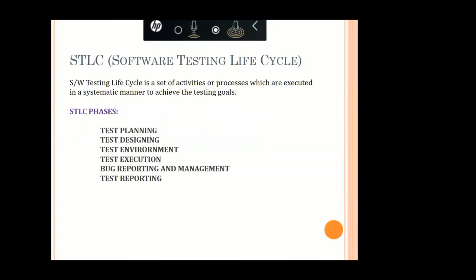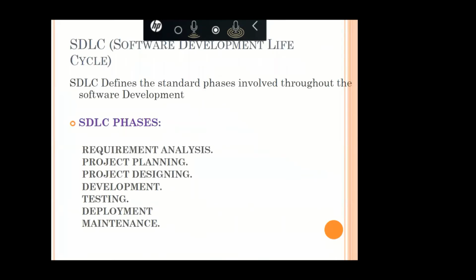First of all, before you enter into that, you have to know the phases in SDLC. In SDLC, these are the main phases. First we have requirement analysis, project planning, and project designing. Design is in the form of architecture. They architect it because the developer can then easily understand the flow diagram, and it is easy for them to write the programming. So they have to design that.